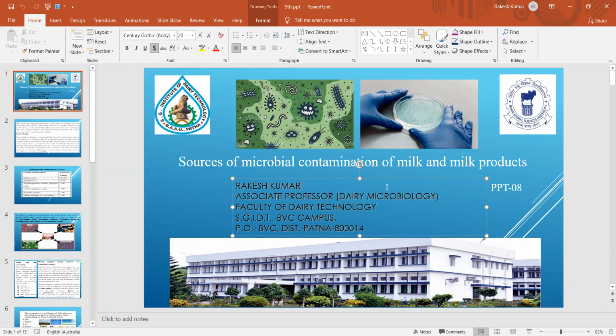There are two types of such devices through which you have to pass the measured volume of air on the surface of solidified agar. That is the sieve type, and the second one is the slit type. That will be impinged on the Petri plate, rotated at a particular speed under the slit or sieve. So the plates are incubated and colonies are counted. The results are expressed as number of organisms per liter of air.